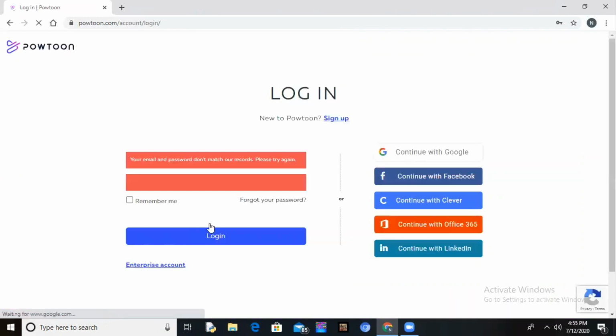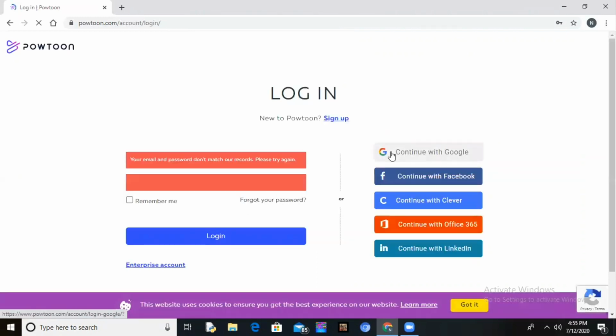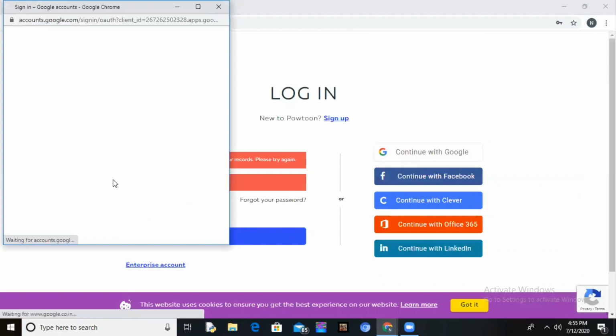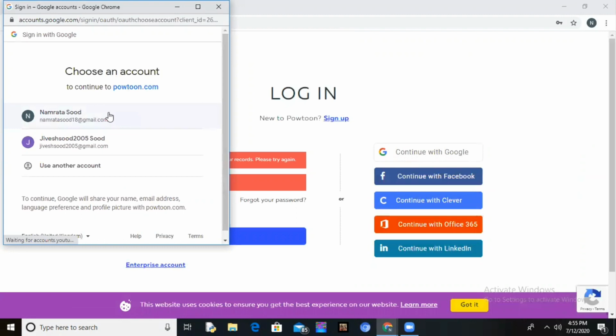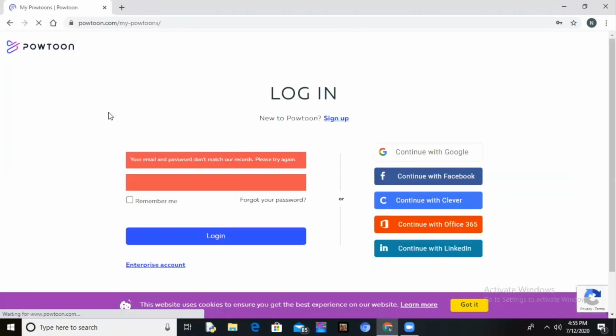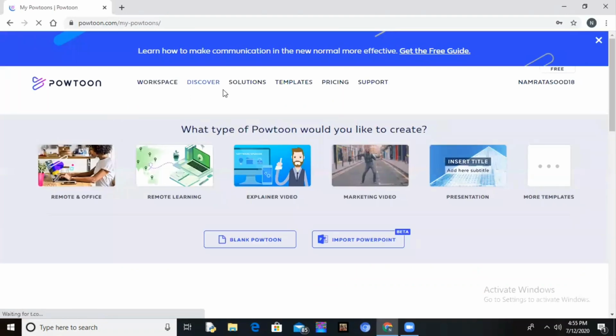So once you create your account, log in with Powtoon. This kind of page will come to you.